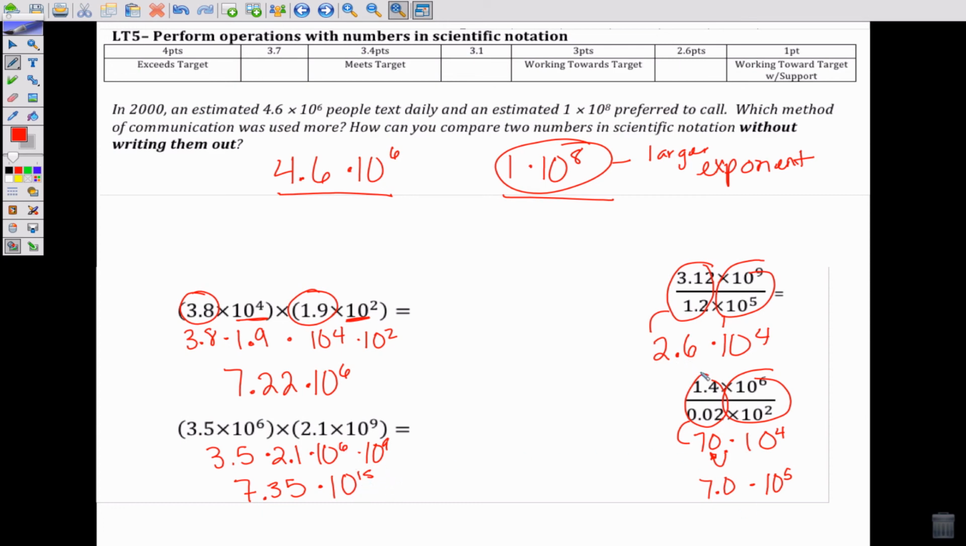And then here, 4.14 divided by 0.02 is actually 70, so to get it into scientific notation, I had to move that decimal over one more time, and then I'm going to have to add to my exponent one more time as well. So give yourself a score on all of those,